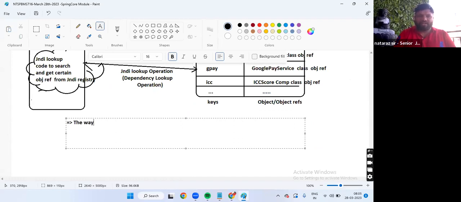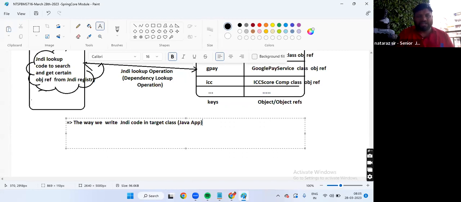The way we write JNDI code in the target class, nothing but a Java application, and don't worry how people keep objects in the JNDI registry. We will discuss that later. Right now, focus on lookup operation. Our main concentration is lookup operation. There are methods to keep objects in the JNDI registry.